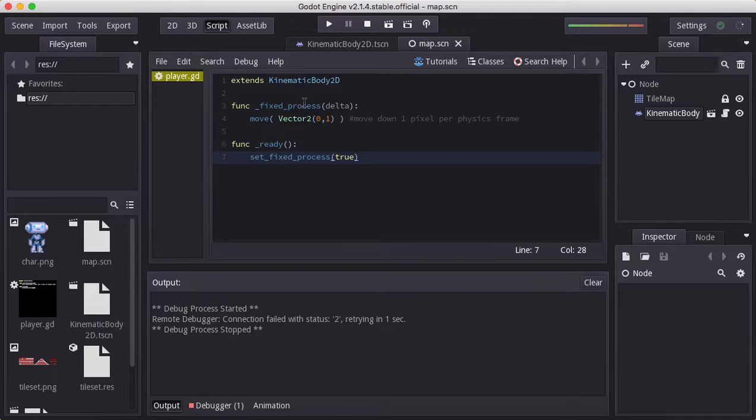So when it was called, it is moving the character. Moving it 1 means down on y. Every physics frame it is moving one pixel. Okay, 1 pixel per physics frame. Alright,